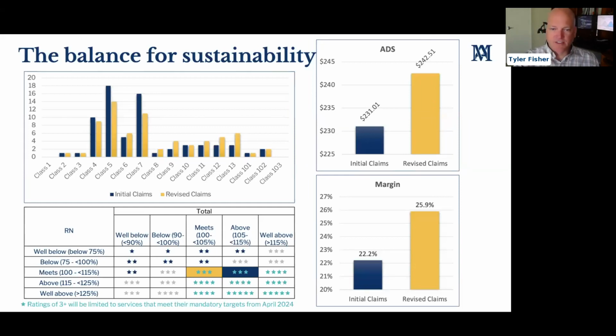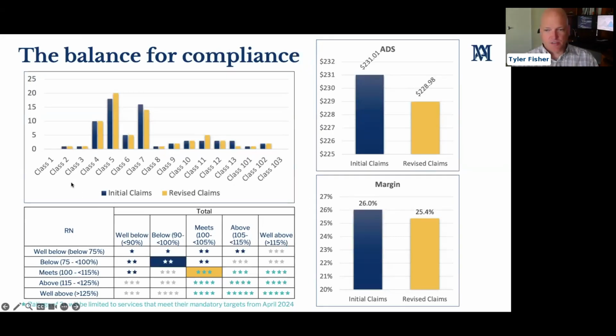And then on the next slide, we'll see a claim profile that's in excess of the roster's capacity to demonstrate compliance. So we're at a 2-star rating with the current roster configuration and the claim profile. And so what we did was identify ways to move residents lower. In this case, specifically, there were 69 residents. 2 of the class 13s moved to an 11 and 2 of the 7s moved to a 5. But there's a number of ways that seemingly minor improvements in acuity can result in a lower class.